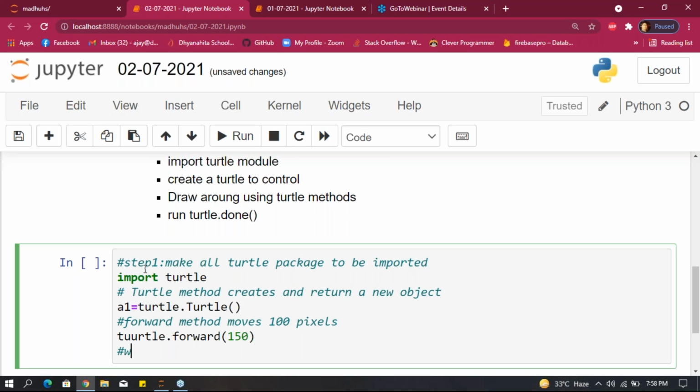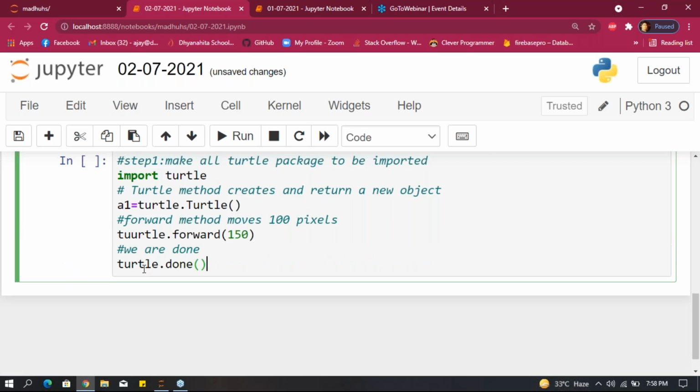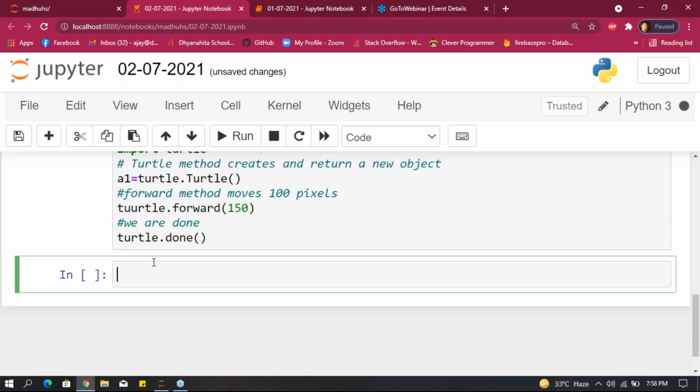After that we are done, right? What we have to write is turtle dot done. After this, run this.